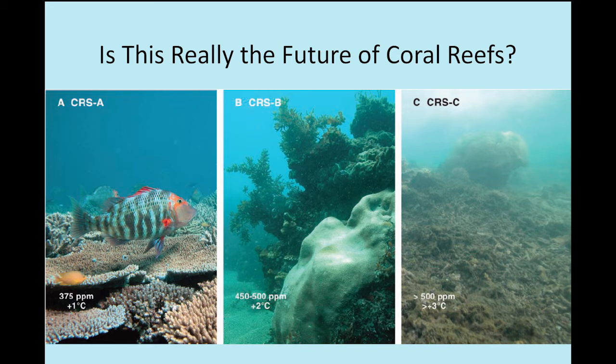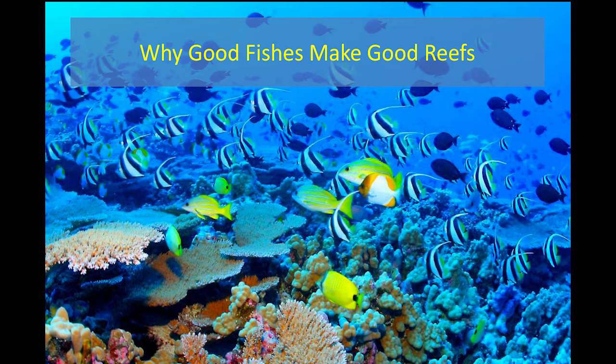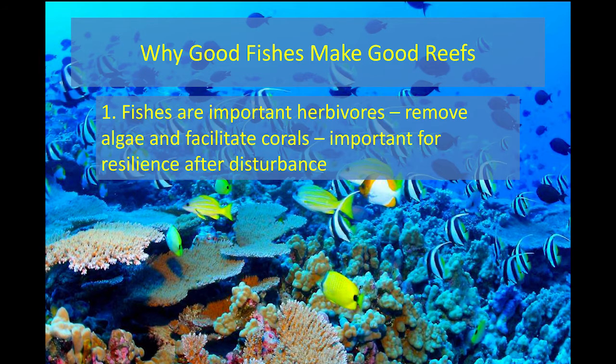I really think that we'll have coral reefs in perpetuity. And one of the reasons I think that is that these healthy ecosystems are really benefited by fishes. So today I'm going to tell you why good fishes make good reefs. And I'm going to give you 3 take-homes, right? So the first is that fishes are really important herbivores. They eat seaweeds, that facilitates corals, and it especially helps reefs recover after disturbances like coral bleaching events that kill